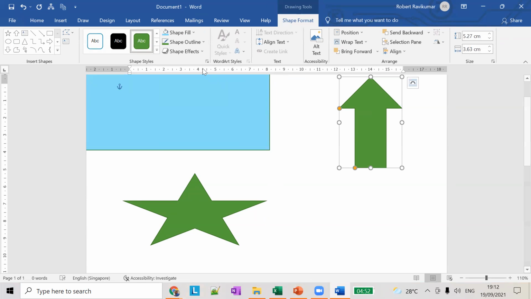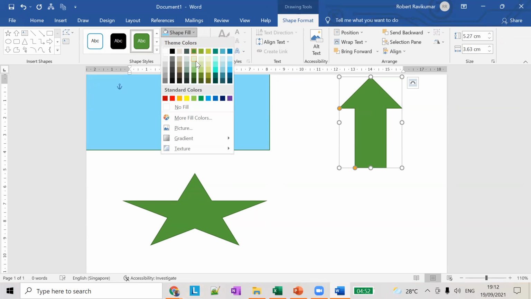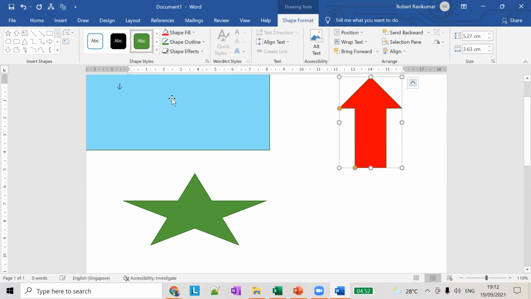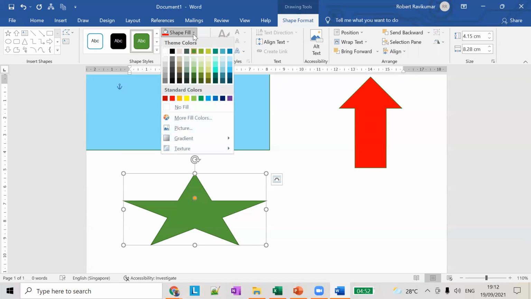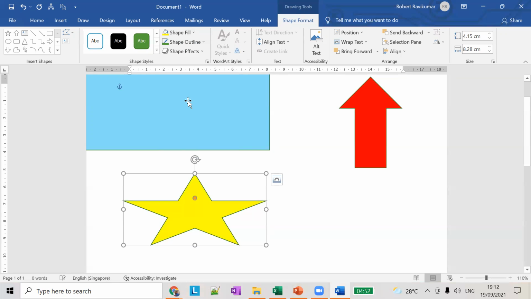If you want a different color for the arrow, you can choose red here. Click on the shape, go to Shape Format, Shape Fill, and change it to yellow. So you can add different shapes and different colors to those shapes.